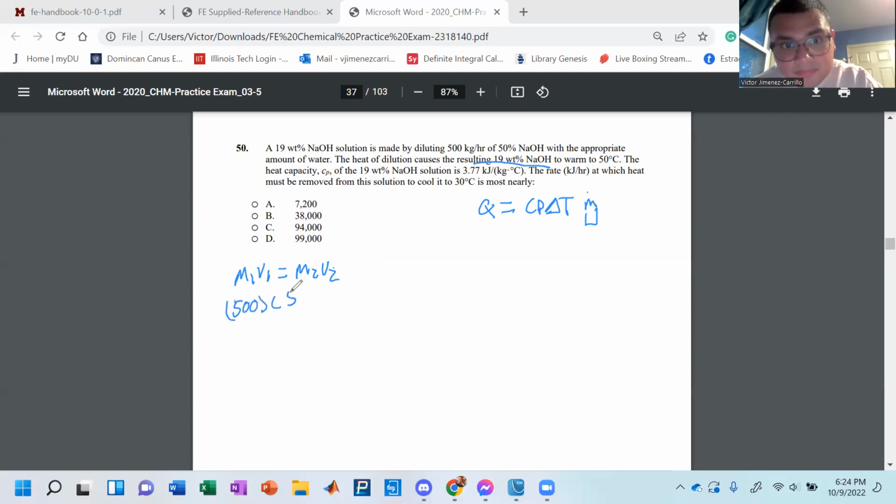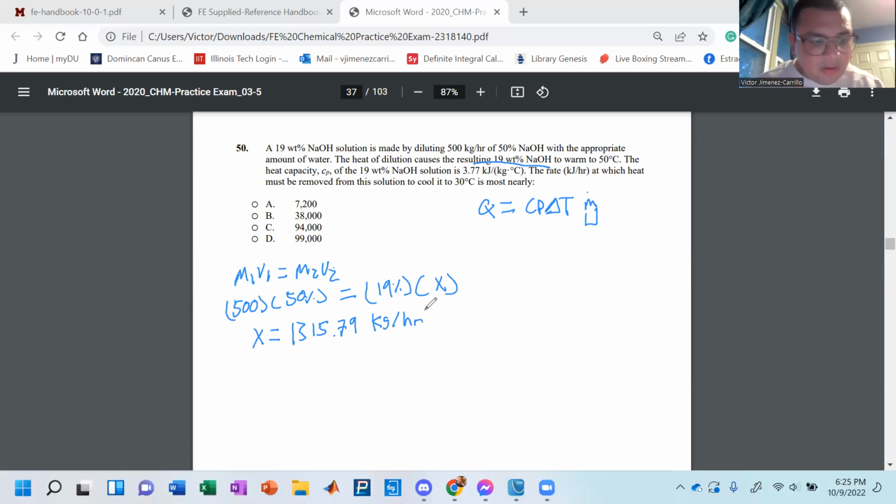of 50 weight percent equals the solution you want, which is 19%, multiplied by X, which is going to be the resulting kilos. This would be M, and then this would be V in your case. And in your weight percent, or excuse me, your molarity, which is in this case kilos per hour, would become 1,315.79 kilos per hour,